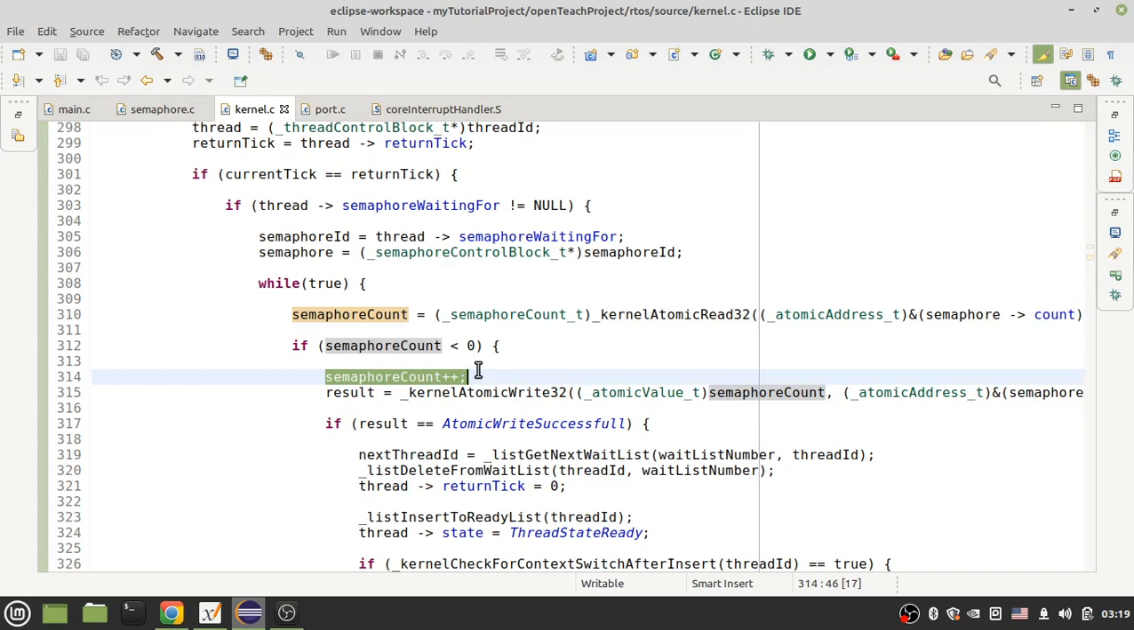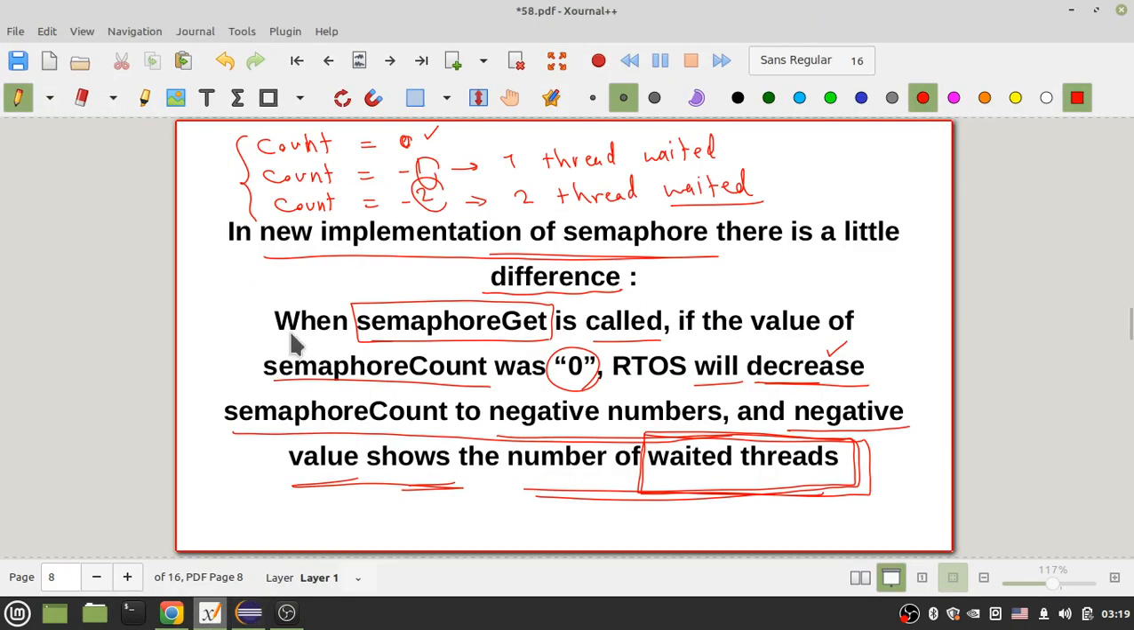Okay, but this part was a difficult part. I know it's a difficult part, but you can watch this part more than one time to find out completely the structure of